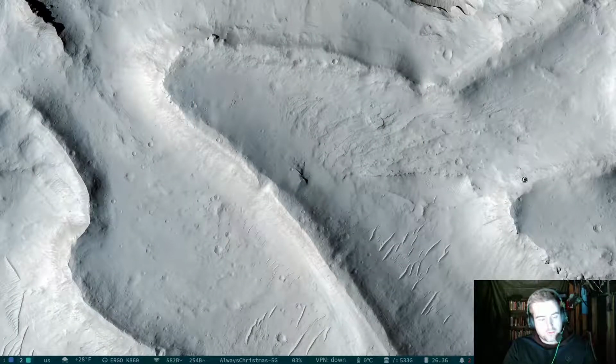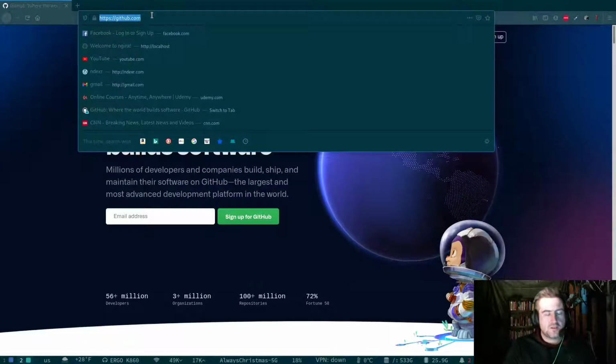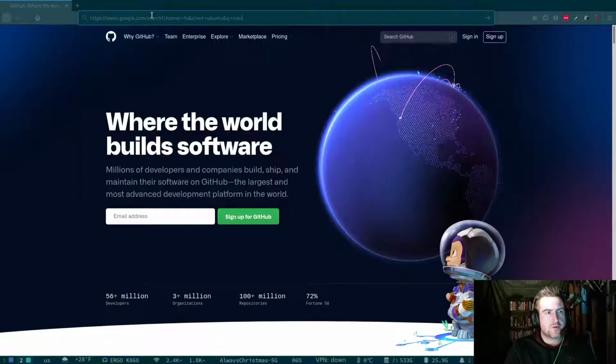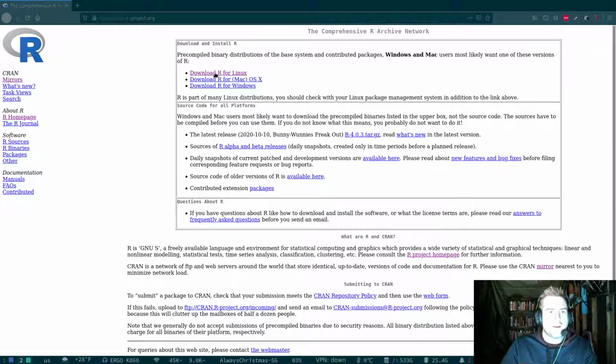Alright, so the first thing that we need to do is install RStudio and R. So if we look up CRAN on Google, we'll find the Comprehensive R Archive Network. So we can click on that, and we just need to download the version of R that we are going to be using for our given platform and install it. So go ahead, download this, go through the installation process, and once R is installed, then we'll need to install